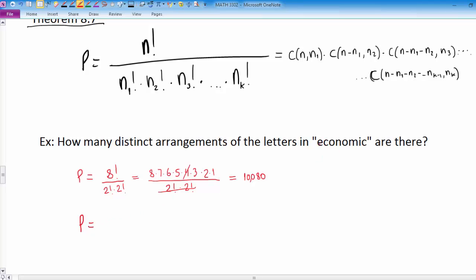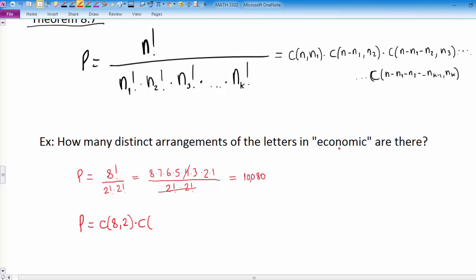Out of those 8 slots or 8 positions, I'm going to select 2 of those for the C's because there are 2 of them. So you're picking 2 slots out of the 8. Then next,